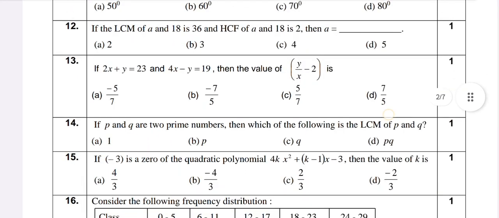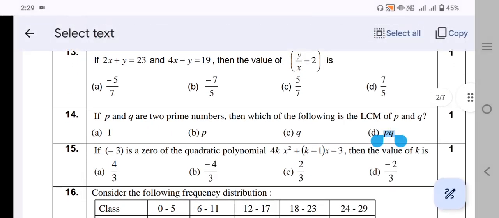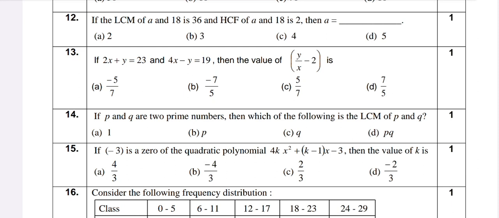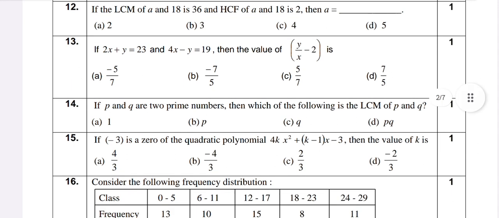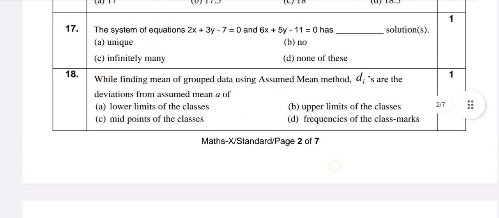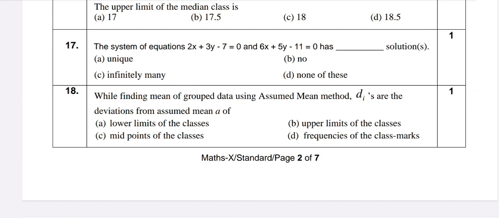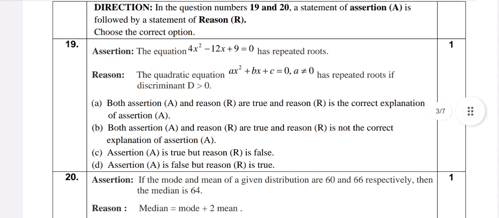Question number 12 to 16 are also MCQ based questions once again. You can practice these questions thoroughly to have a clear-cut idea of what type of MCQ based questions can be asked in exams. Now 17 and 18 are the last 2 MCQ based questions. Here once again the questions require critical thinking to solve. Now as you know, questions 19 and 20 are the assertion and reason questions,